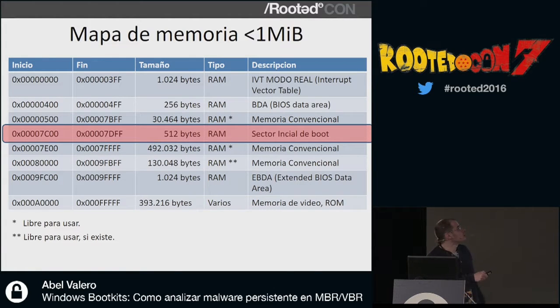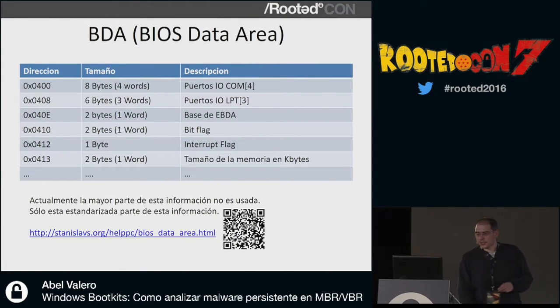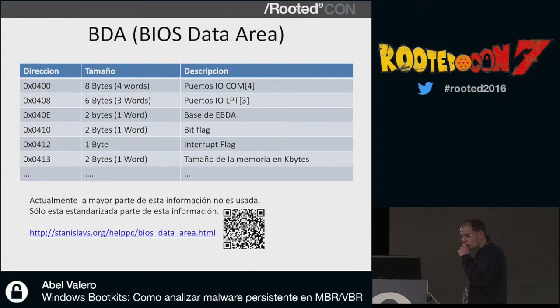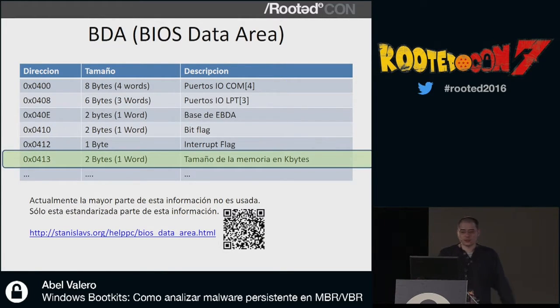Then there's more conventional memory, as you see next. And finally, this is the part of the memory we're interested in. This is where the virus will get in. We'll see the BDA in a second. Lots of calls will be made. Information from this chart is obsolete, by the way. Each BIOS vendor does whatever they like. There's no standards. There's only a small fraction of these things that is common. This is what we're interested in.